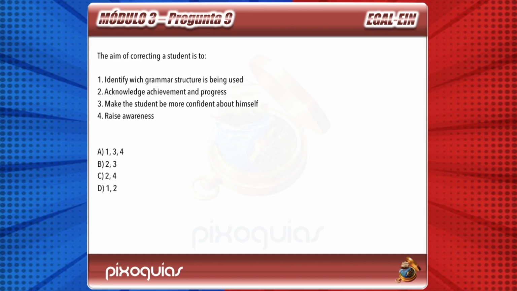B. The aim of correcting a student is to 1. Identify which grammar structure is being used, 2. Acknowledge achievement and progress, 3. Make the student more confident about himself, 4. Raise awareness. Ready? The answer is